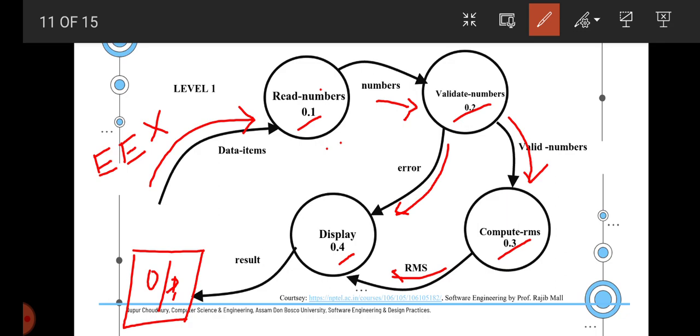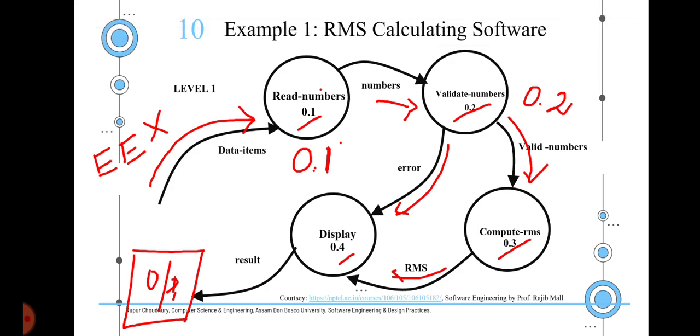Now if you carefully look into each of the processes, the number 0.1, 0 pertains to the context level diagram process number, and 1 is basically a sub function of the 0 process. Again 0.2, 0 stands for context level diagram, and 2 is the sub function or the high level function of the entire system. Similarly 0.3 and 0.4 mean the same.